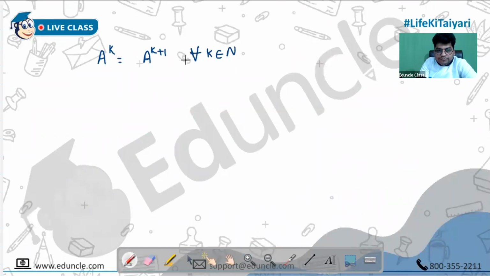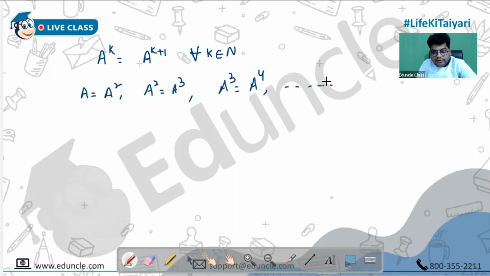For all k belongs to 1. So what does that mean? A equal to A square. A square is equal to A cube. A cube is equal to A4. Am I clear? The meaning of this problem is